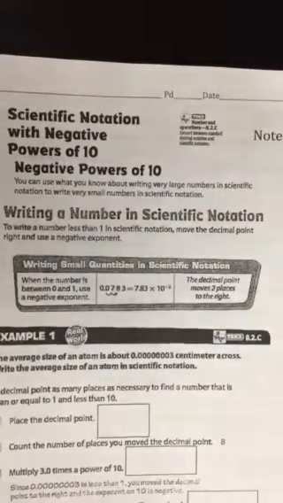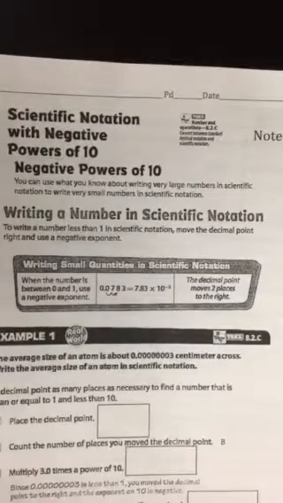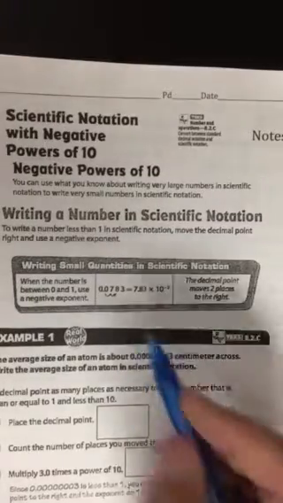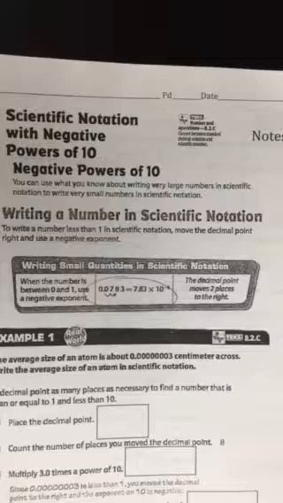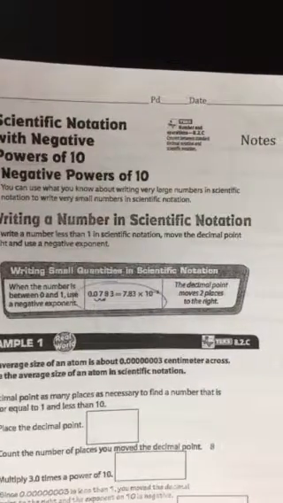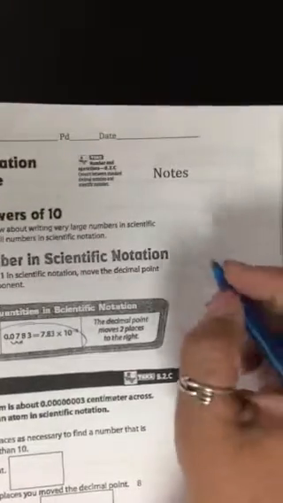Okay, so today we're going to talk about negative powers of scientific notation. Yesterday we talked about positive powers. Today we're doing negative. We're pretty much basically doing the same thing. We're going to go over this number and we're going to look at it and see how they change that to scientific notation and why it is a negative. So we start out with a number